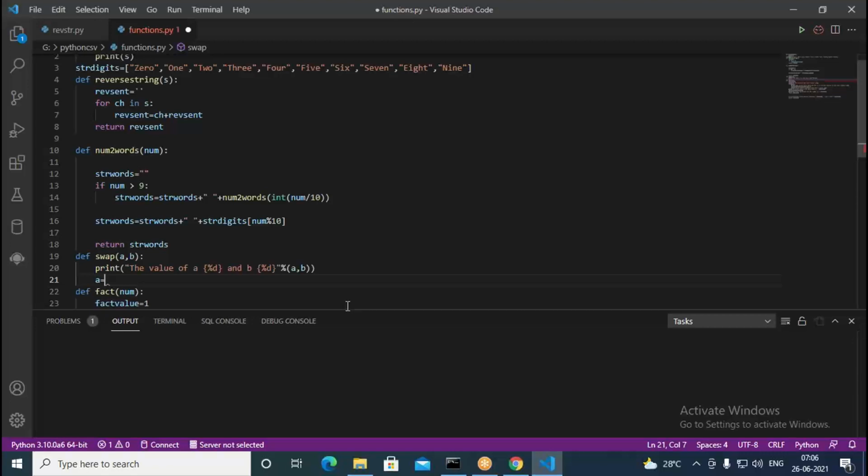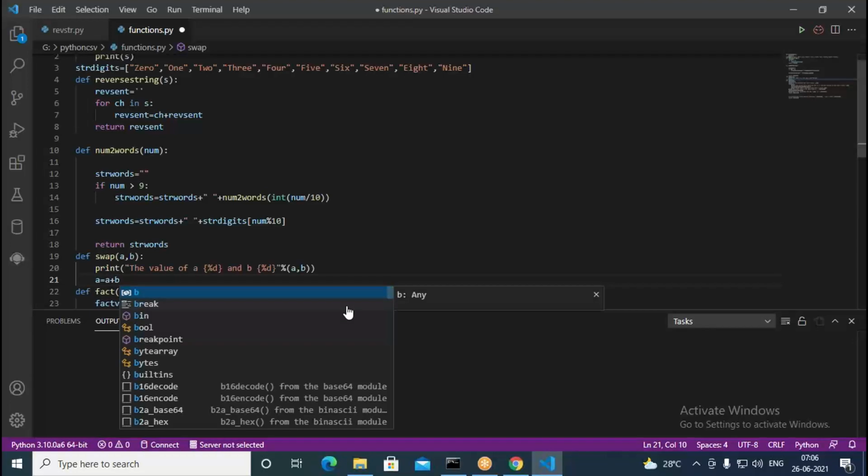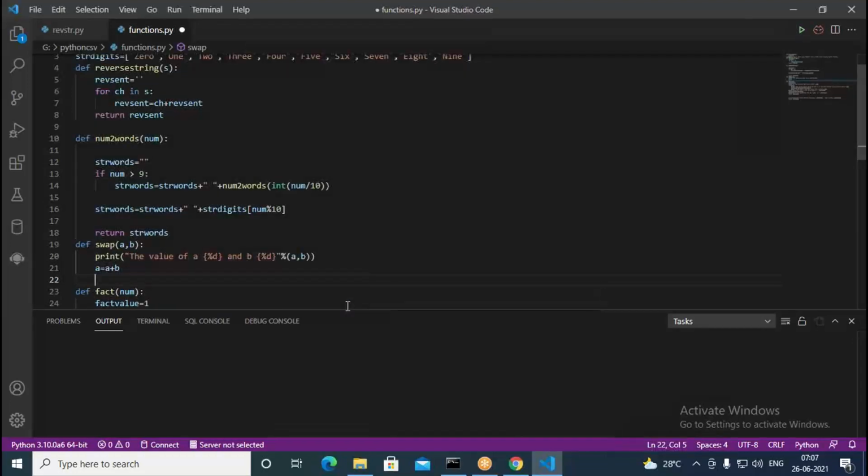Okay, so here a equal to a plus b, I can write.